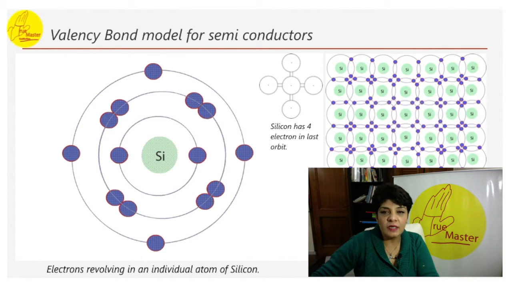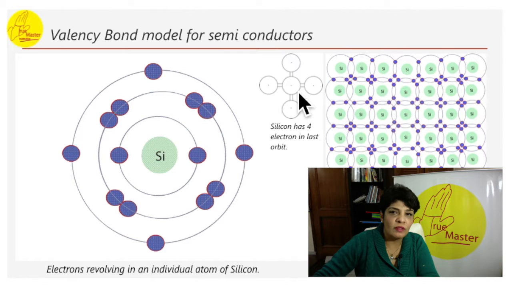If you look here at the silicon atom model, in the inner shells we have 2 electrons and then 8, and in the outermost we have 4. Because of this 4, we are going to see the covalent bond structure, how its pairing is done. Suppose here if you see this silicon, it has 1, 2, 3, 4 of its own, but it is sharing the electron of the other as well. We are going to see that in the coming video. This is how the structure is.